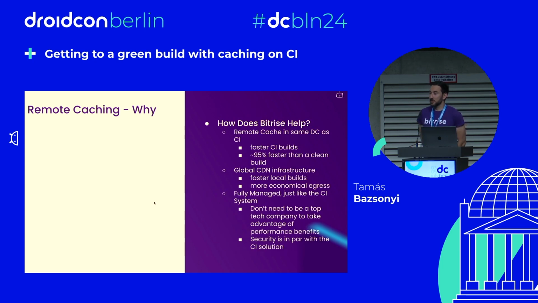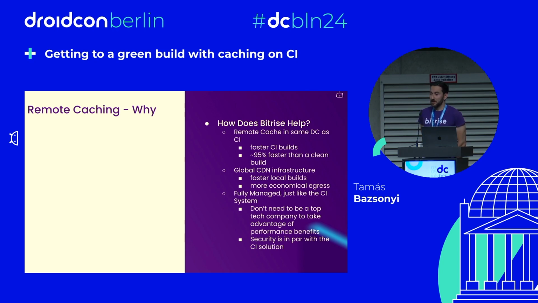So how does build cache solution help on this? In our caching solution, for example, you would be able to make use of a remote cache server, which is located in the same data center as your builds. With this, you would be able to achieve faster CI builds. As I mentioned previously in the quiz as well, you can go up to 95% faster than a clean build